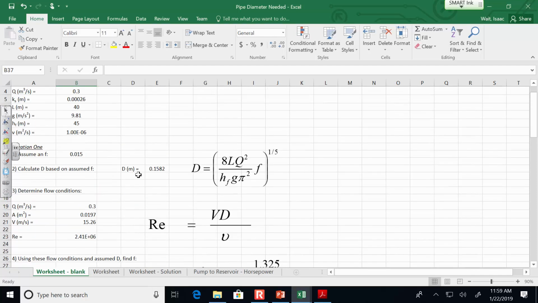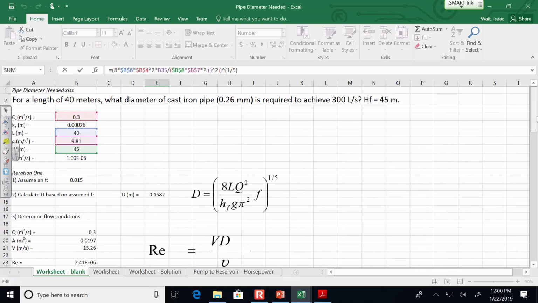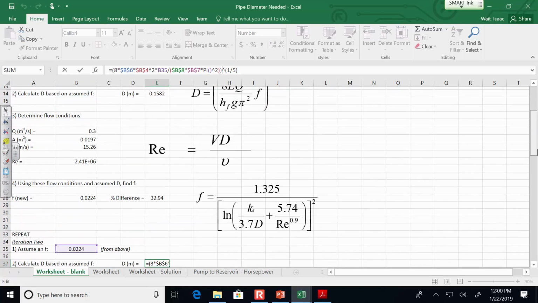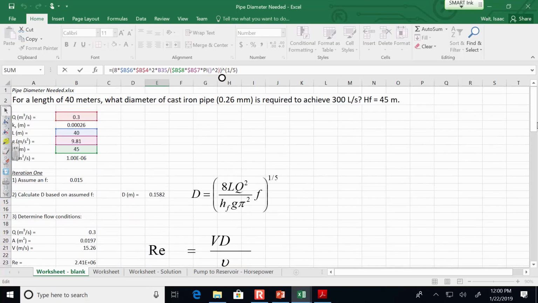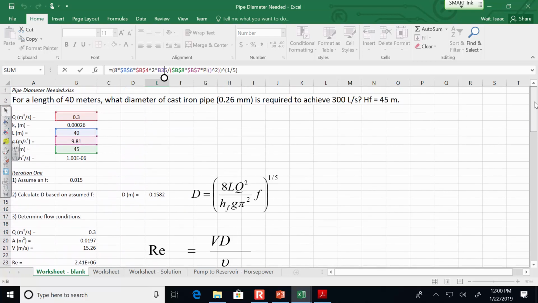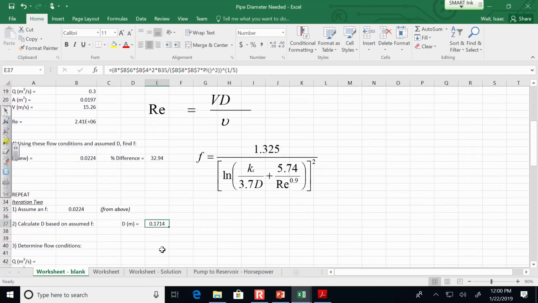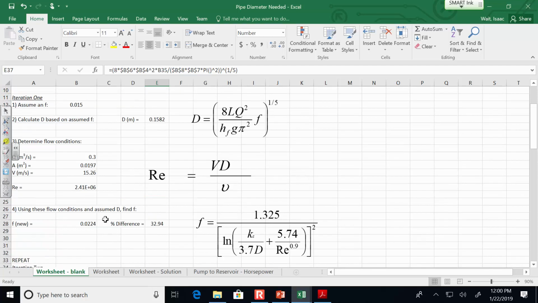Now what I can do here is just copy this cell, and it's going to paste the formula. So Control C and then Control V to paste, and all of these references up to the preliminary stuff are staying the same. What wasn't anchored was the reference to the f value. Everything else is constants that I don't want it to be adjusting. So we have now a new diameter. So to determine the flow conditions, I'm just going to copy all of this, Control C,